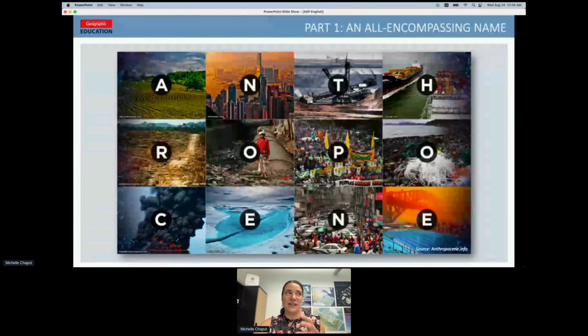At this point, most scientists were starting to recognize and agree that terms like climate change and environmental crisis weren't really capturing the severity and the complexity and the scale of human-caused global change. And so they began using the term Anthropocene to capture all of this change into one succinct and memorable word.